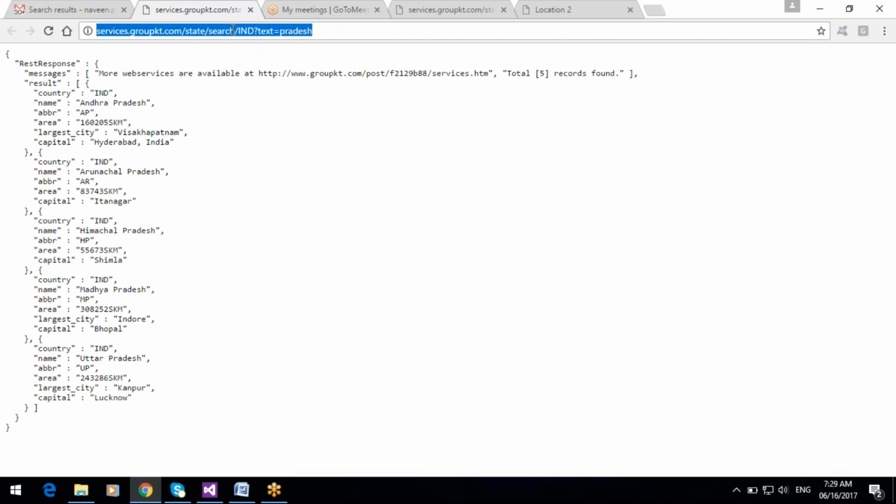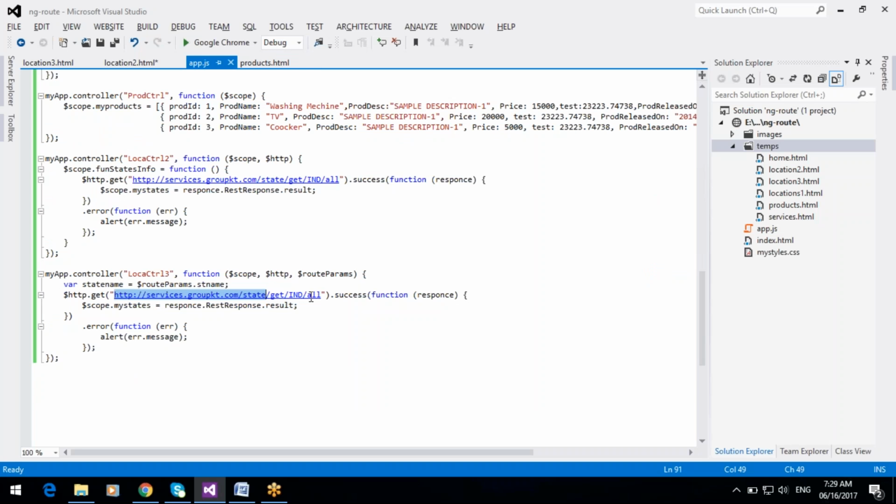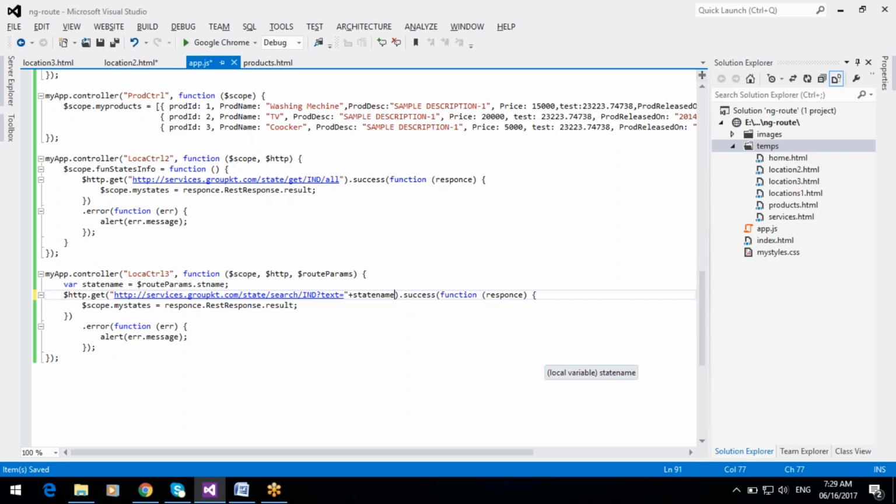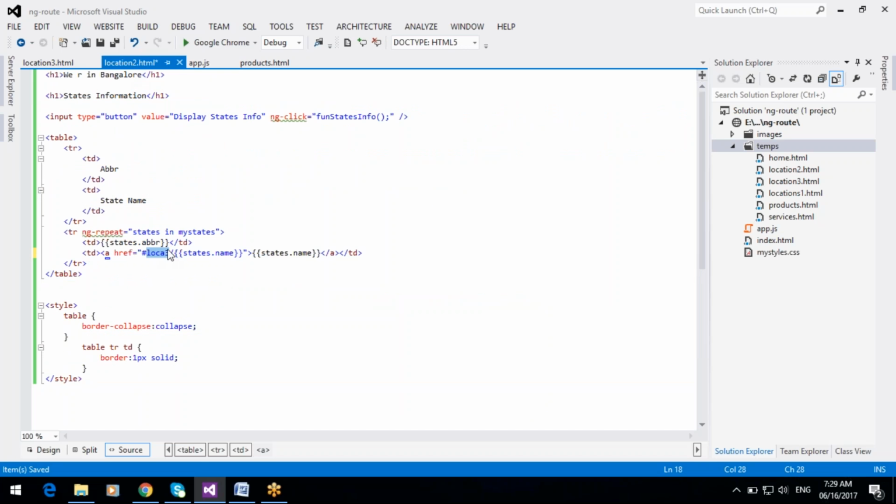So this is the service to get the individual states by state name. Here we are passing the query string as the state name.